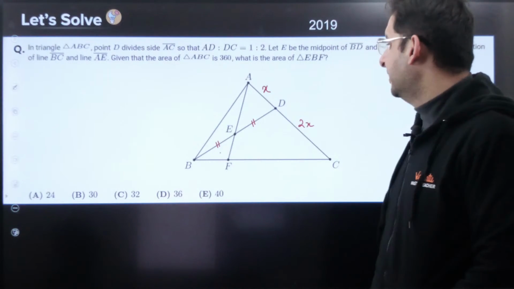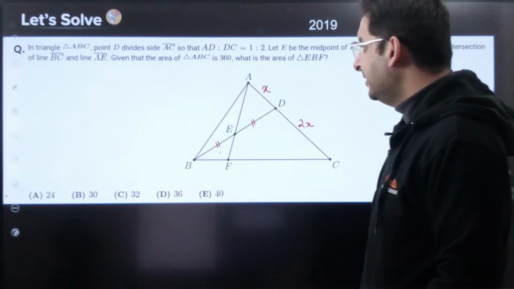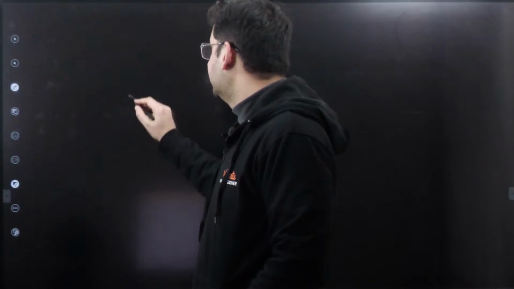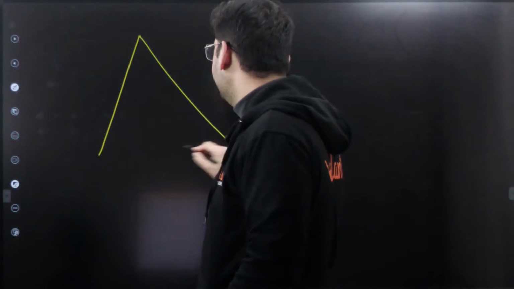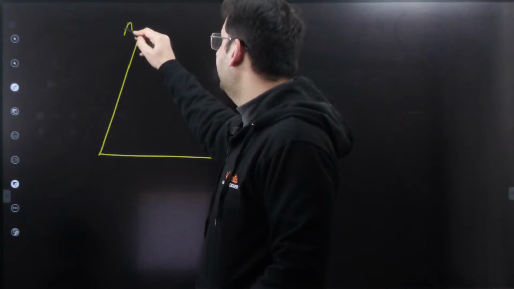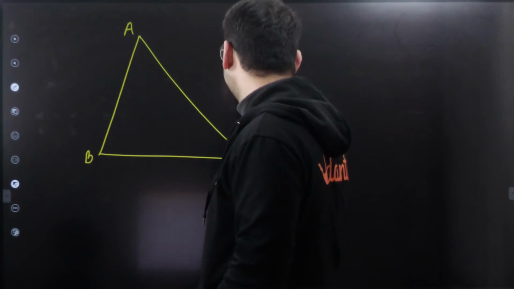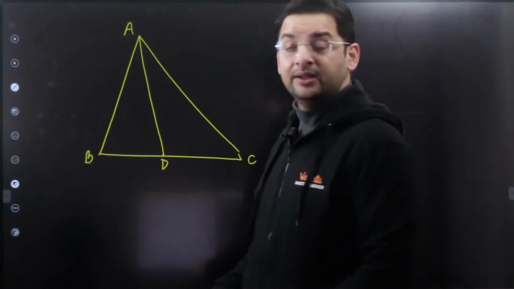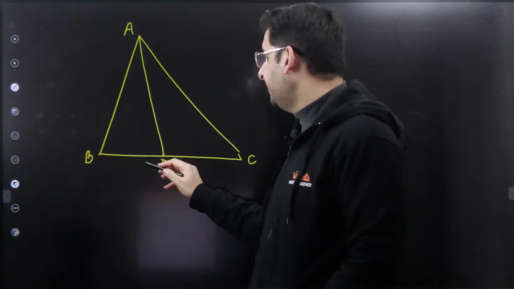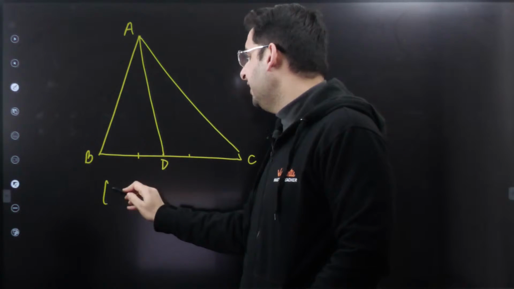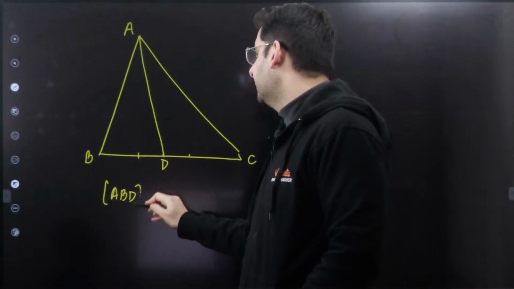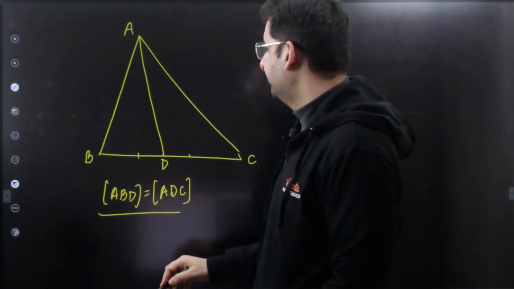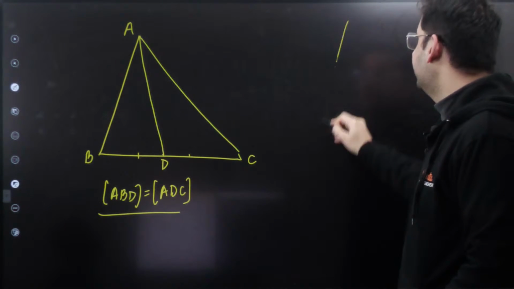Okay Akshita. All right, so again there is this concept which you need to understand and apply. The concept is, if this is a triangle ABC, let's start with the basic concept. If D is the midpoint, then area of ABD is equal to area of ADC. First thing, if D is not the midpoint,